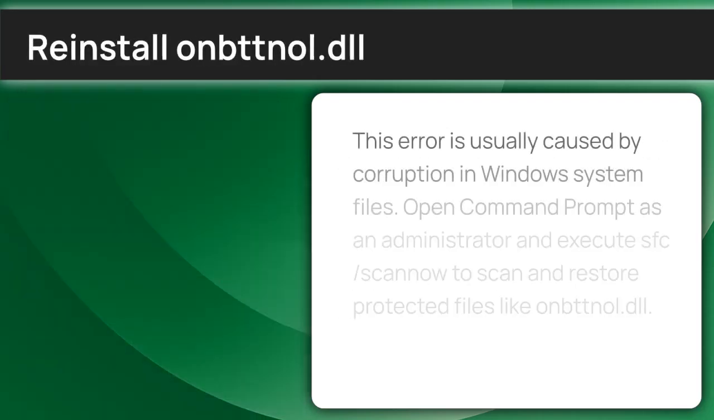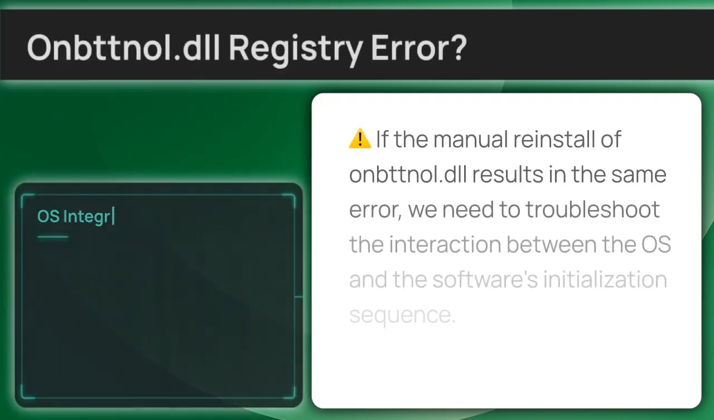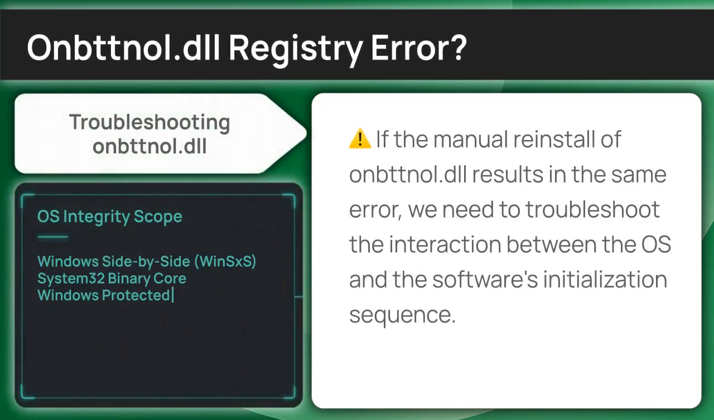This error is usually caused by corruption in Windows system files. Open Command Prompt as an administrator and execute sfc /scannow to scan and restore protected files like the OneNote Button.dll library DLL. If a standard reinstallation doesn't restore the library, we need to verify if the system environment is properly recognizing